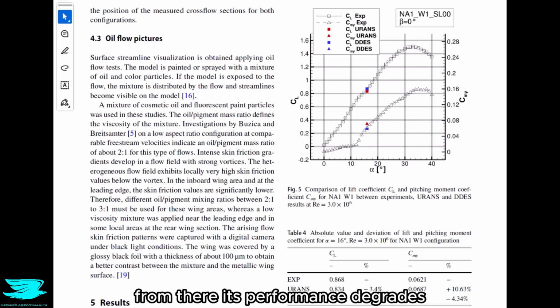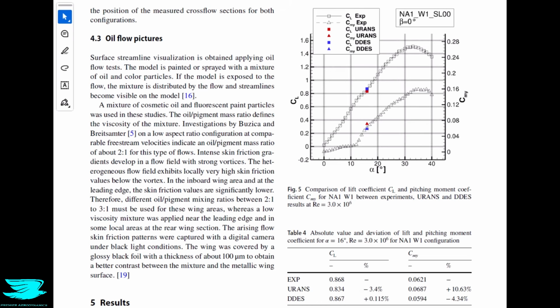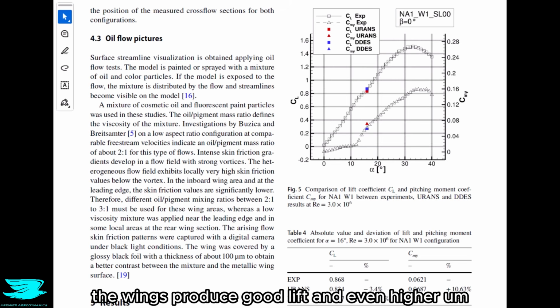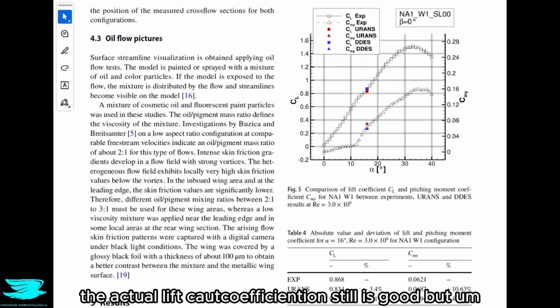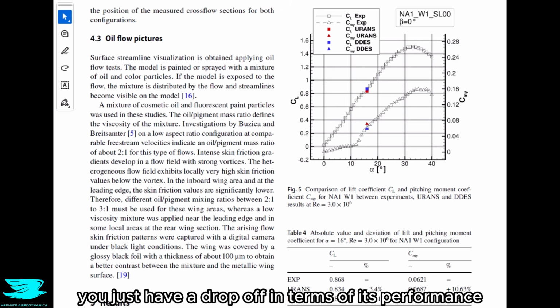From there, its performance degrades, which suggests that the vortices are bursting quite far upstream, hence most of the wing isn't experiencing the vortex lift phenomenon that delta wings produce. But still up to 30 degrees, the wings produce a good lift, and even higher, the actual lift coefficient still is good, but you just have a drop off in